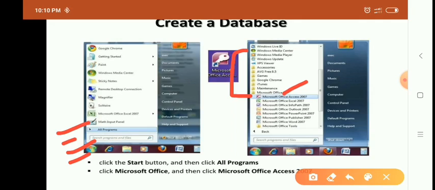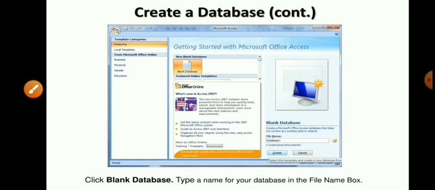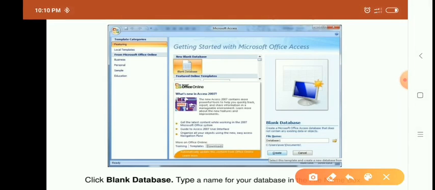We have to click on Microsoft Office Access 2007, which is known as MS Access 2007. When we click on this option, we get this screen. In this screen, when we click on blank database, we get these options.